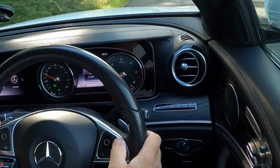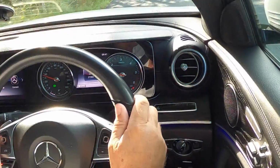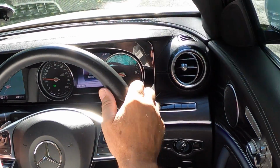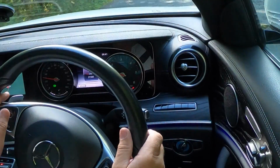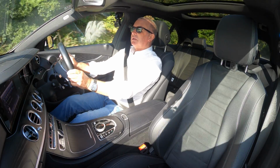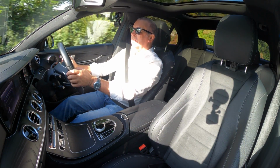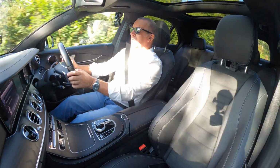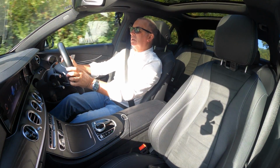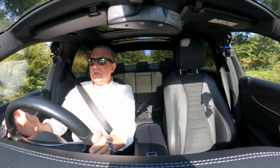And then in the center here, you've got the same over here. At the moment it's showing me what I'm in, which is economy, and the gear I'm in, the outside temperature, the time, how many miles I've done. Just get back out of that. So, as I say, over here,